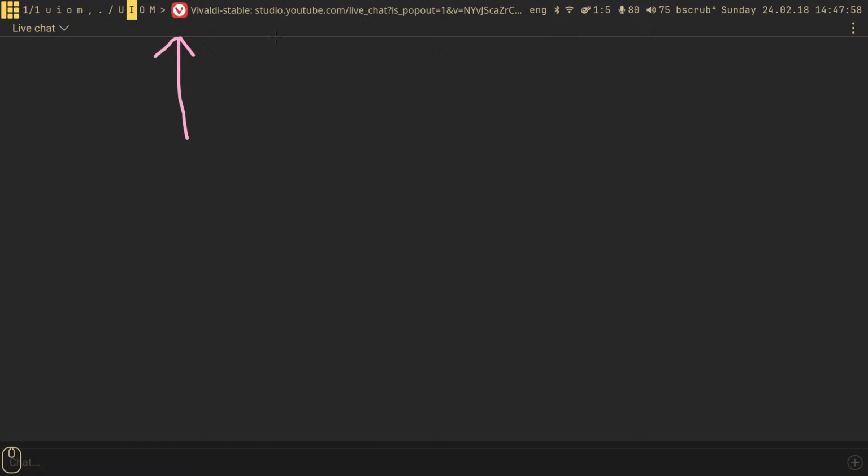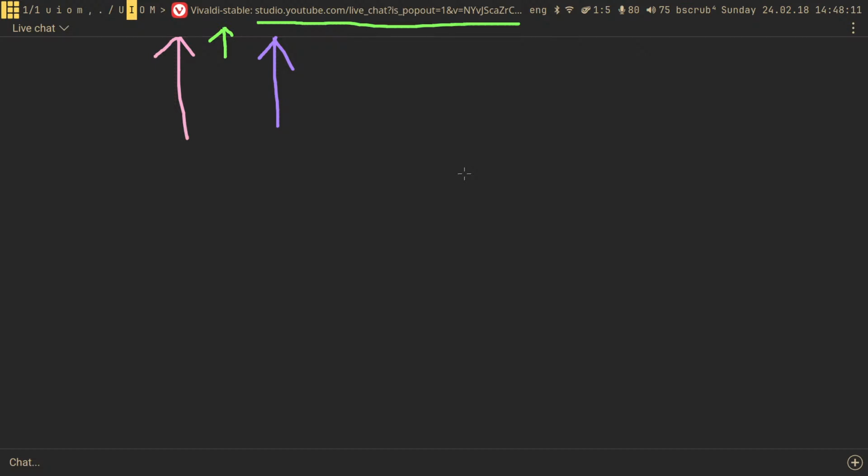Here I have another widget that shows me the class and title of the currently focused window. It shares the same idea. On focus, we change it, and on unfocus, we clear it. And there are a lot of different signals that you can make use of in making your widgets automatically update